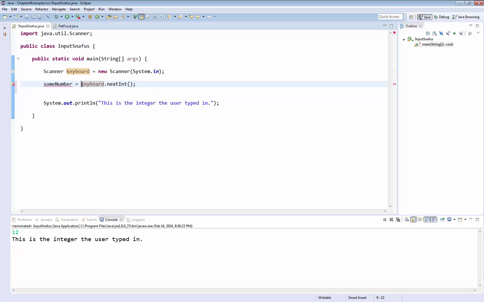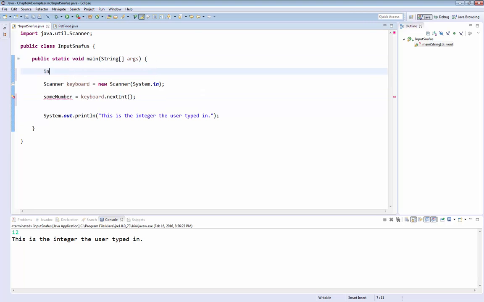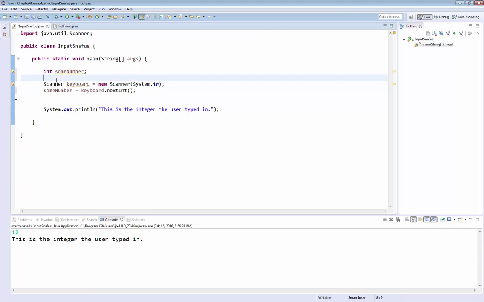Because without this variable, Java will call nextInt, but then we won't be able to do anything with the value that the user entered because we failed to store it. It would just get entered into Java, and then it would just go nowhere. So we need an int, some number, so that we are able to capture that user input. So aside from the Scanner, let me make the white space like this. So these are my variable declarations, and here I'm using someNumber for the first time